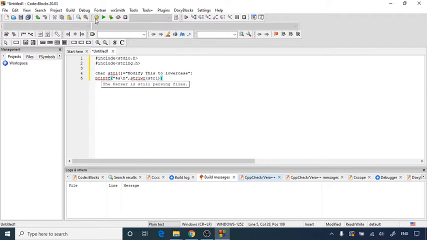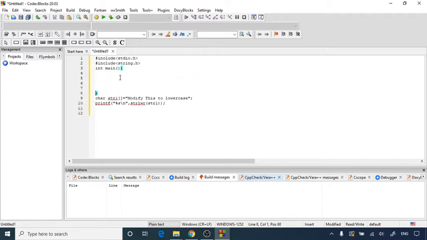So this is the thing I'm going to make lowercase. The whole thing we can put inside the int main function. So you can observe I have declared a string inside the int main function. Declaration and using a function has all been done inside the int main function.